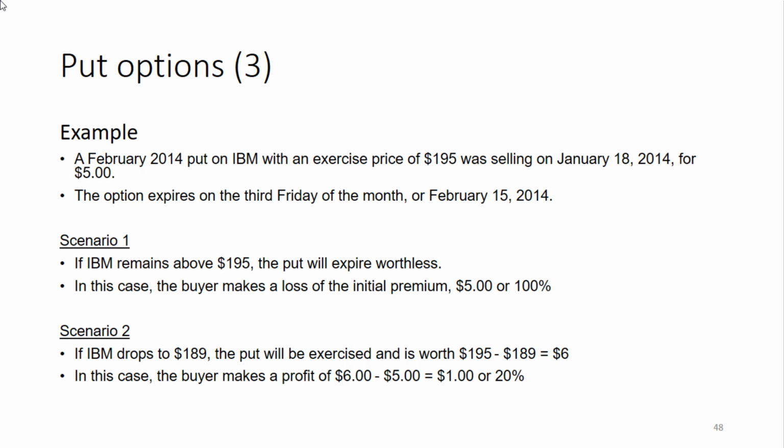on this put option. Then in terms of profit, the original premium that was paid to enter into this contract was $5. So he gets at expiration $6. So he makes a profit of $1, which means 20%. So also here you see that if you consider put options as individual investments, the returns could be very high or very low. So in this case, you could lose 100%, so it's a return of minus 100, or in the second scenario, you could gain 20%, plus 20%.